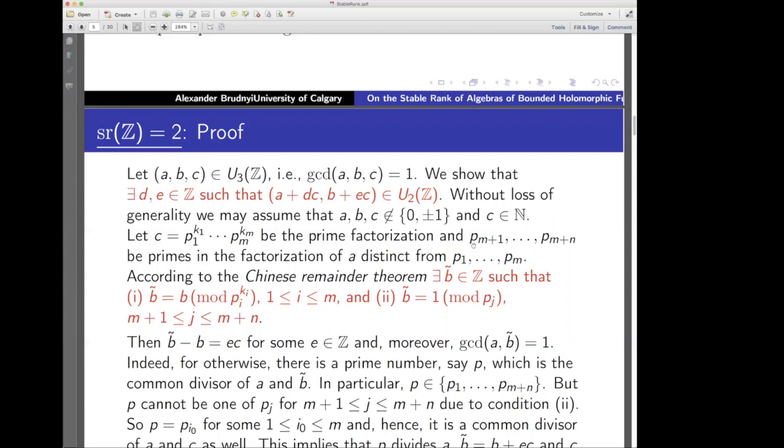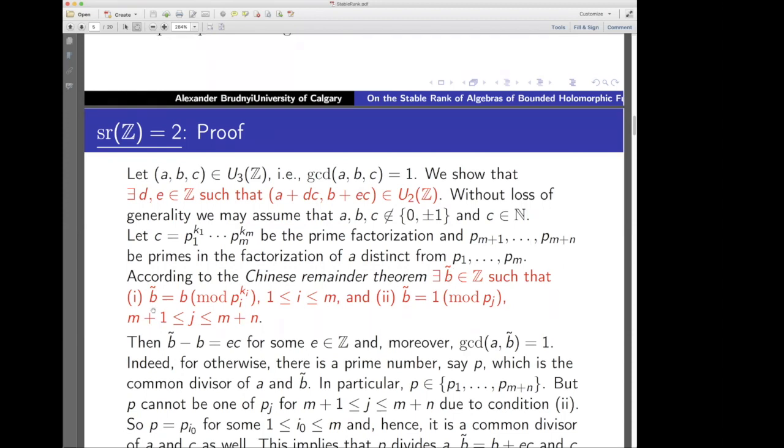And denote by p_{m+1} and so on, p_{m+n}, the primes in the factorization of a which are distinct from p_1,...,p_m. So this means that the factorization of a may have some primes from p_1,...,p_m, plus something which is not in the set p_1,...,p_m, namely p_{m+1} and so on, p_{m+n}. Further, we use the Chinese remainder theorem, and using this theorem, we can find some integer number b tilde